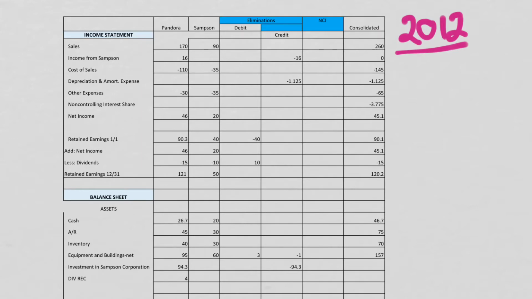I think we knew from the problem that there was an issue perhaps with the equity method application, so the first thing I did is test the equity method to see what it should be, because of the theory that if the equity method is followed, this net income here should be the net income for the parent portion of the consolidated entity. And as you can see here, it's not, and we're going to find out why in a second. All right, so what I did is I took the 20 that was calculated here and adjusted it for the depreciation, amortization, the issues that we normally make the adjustment for, and I came up with